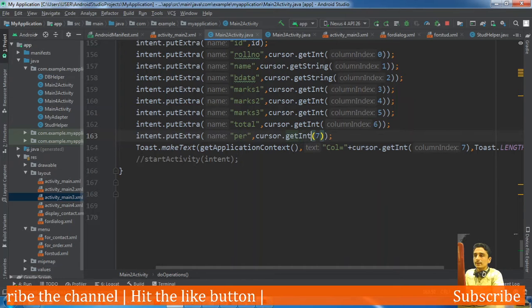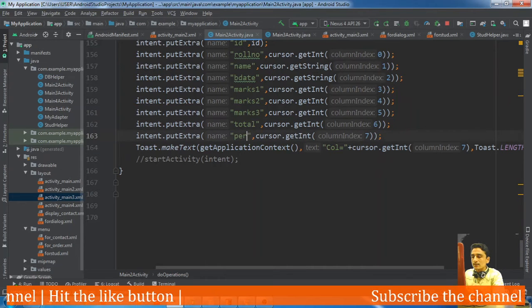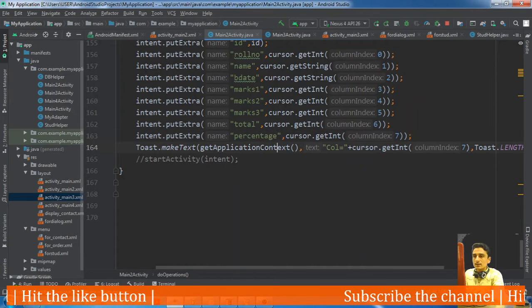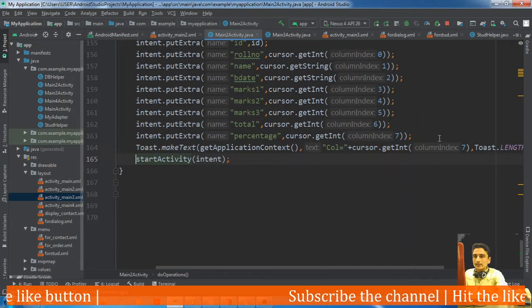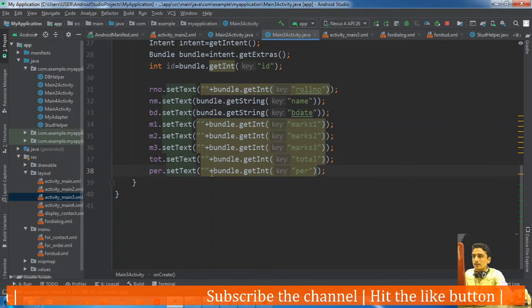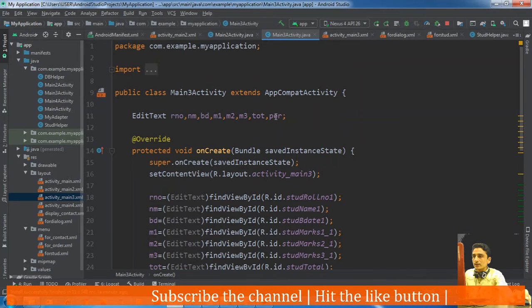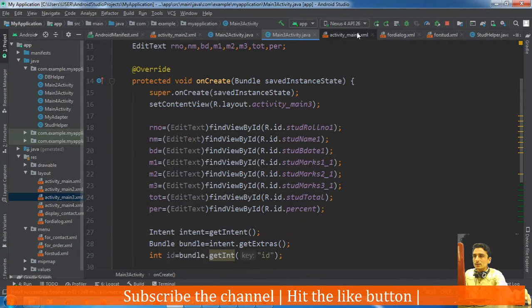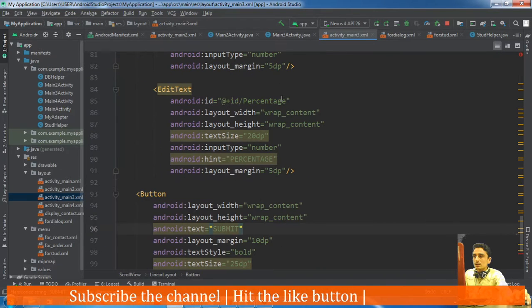Cursor.getInt, percentage, and start the activity. Get cursor.getInt 7, per.setText. R.id dot, what is the name of the last percentage?